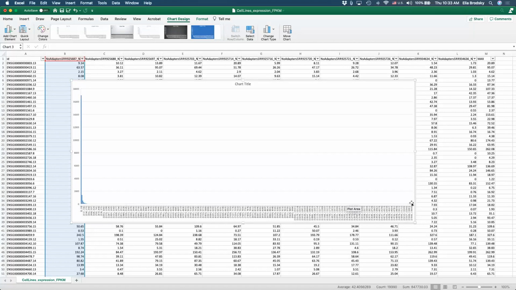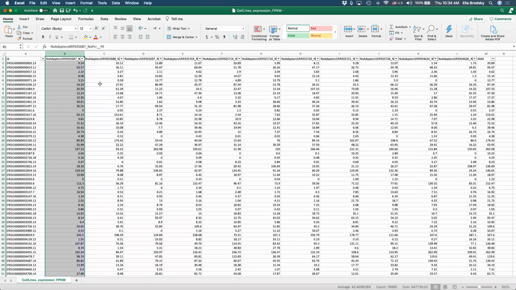But that means that some of my data over here will still have some information, right? And we can't really see here, but some of the information that I have is going to be way over there.